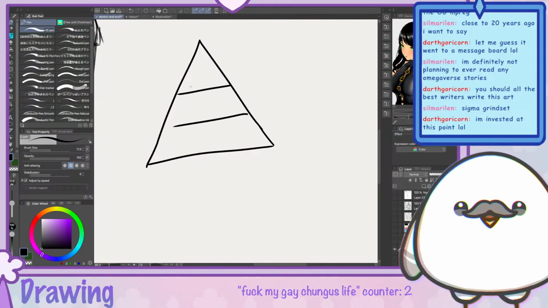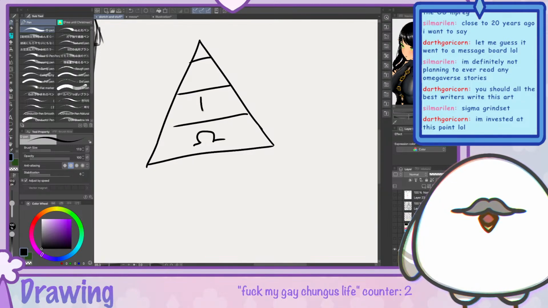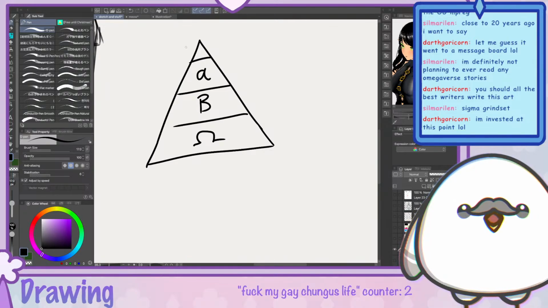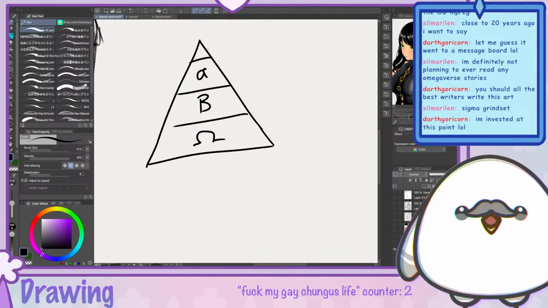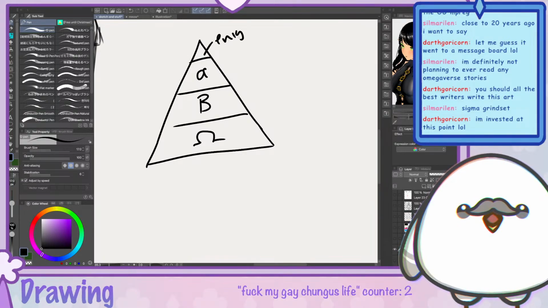So here would be the omegas, right? And then this one would be the betas. I actually don't remember what the beta sign looks like, so we're just gonna go with beta here. And then this is where the alphas are, right? And then over here is where the enigmas or sigmas are, and